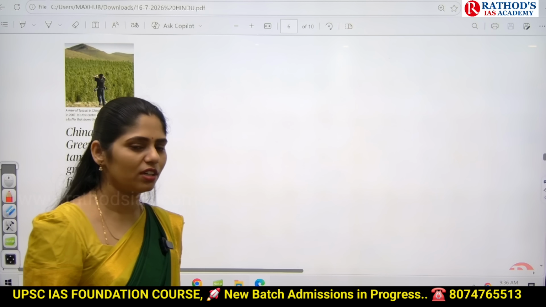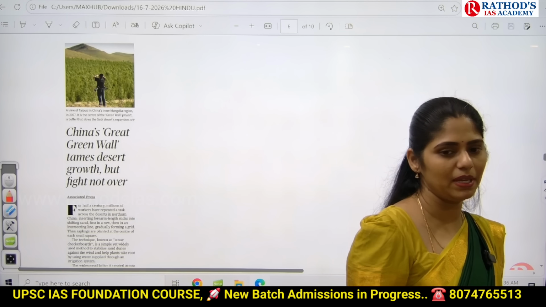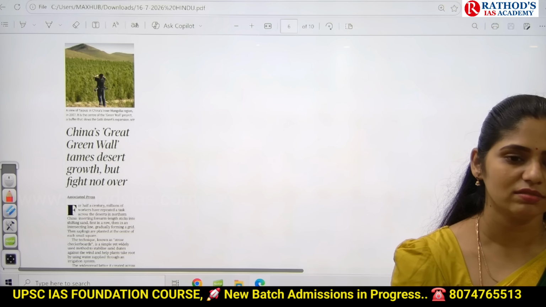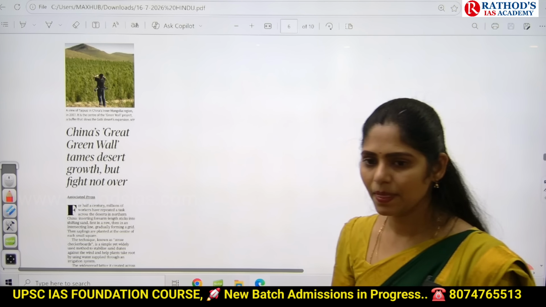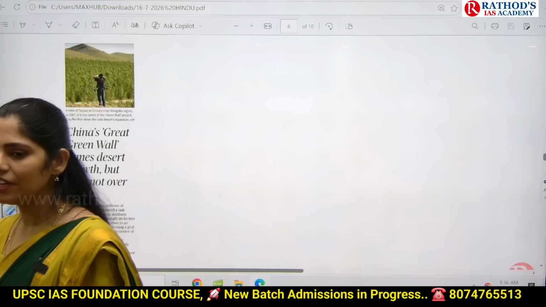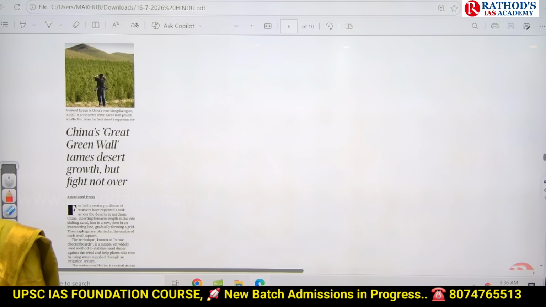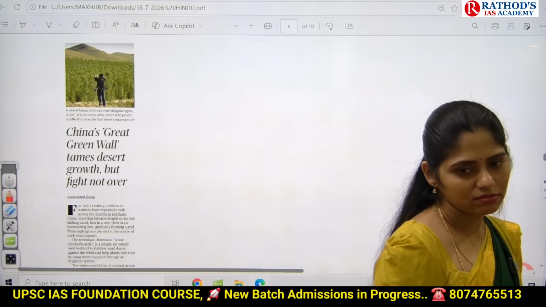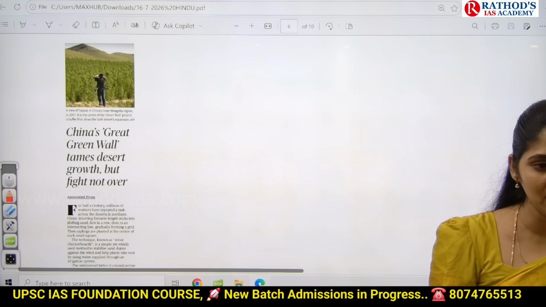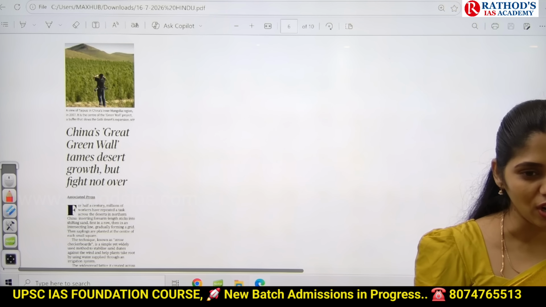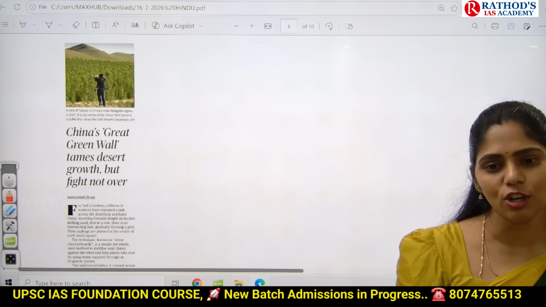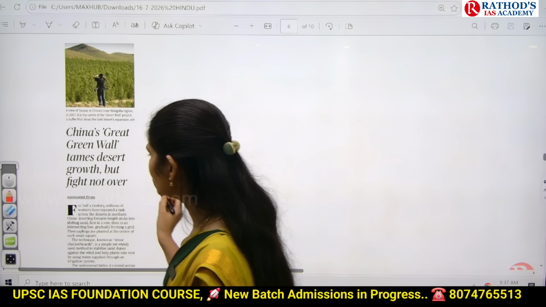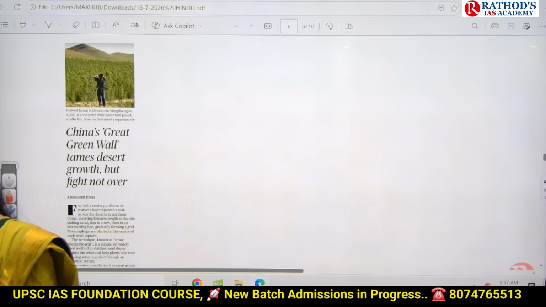Why? Because in your mains you have the essay paper. In that essay they'll give just a quote. On that quote you have to write around 1200 words of essay. So if you're good at deciphering that, then only can you understand the meaning of that essay, and then only can you write the essay as per the demand. If you don't know that, then it will be difficult to understand exactly the meaning. If you understand that meaning wrongly, then you will write a wrong essay. Will you get marks? For sure you will not get any marks. So try to understand the meaning of such titles from now onwards.